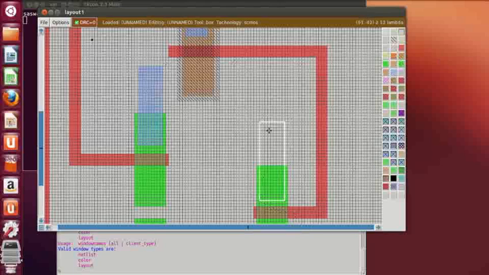Similarly over here, then from here to here. Click on M1. Okay,